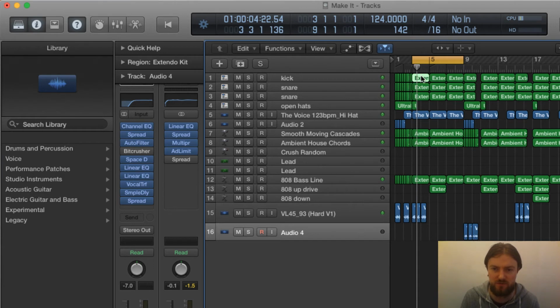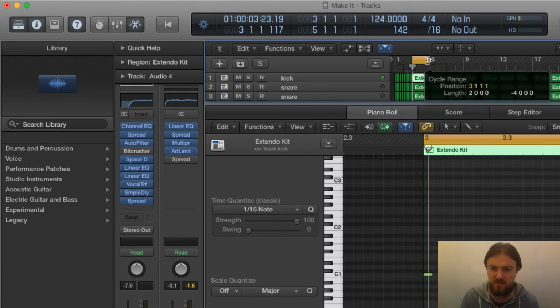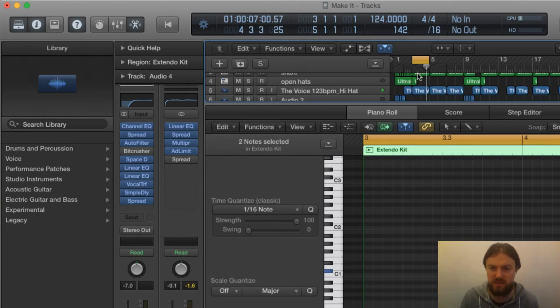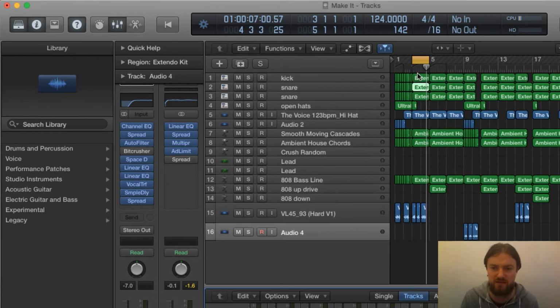Okay, we'll take a look at the drums. It's the same kick as before. We'll just listen to it. So there's a nice gap in there between the two kicks. It's pretty laid back. It sounds fast because of the hi-hats, but it's actually pretty laid back, which is kind